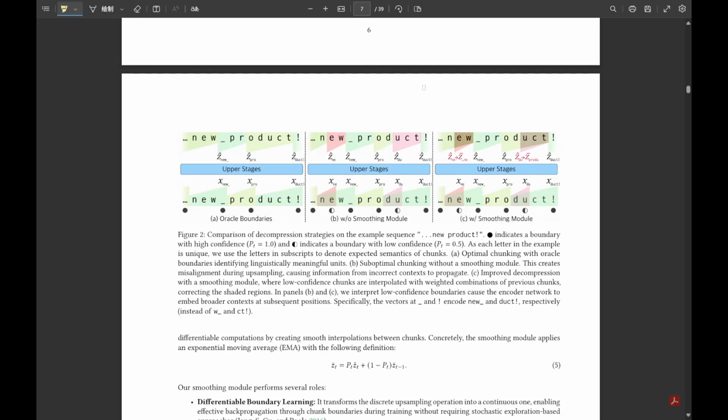Okay, let's break it down. At its core, HNet's architecture is kind of inspired by something called a UNet, which you often see in image processing, but they've cleverly adapted it here for sequences like language. Think of it like a funnel and then an inverted funnel. It has 3 main parts. First, you've got the encoder networks. These take the raw, really fine-grained input, like individual characters or bytes, and they compress it, summarize it into richer, more abstract representations, sort of like turning detailed notes into key bullet points. Okay, compressing the input.